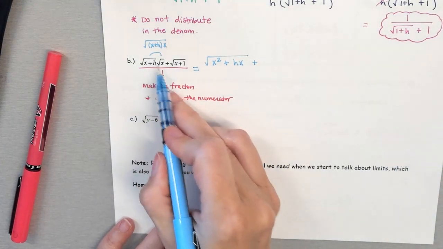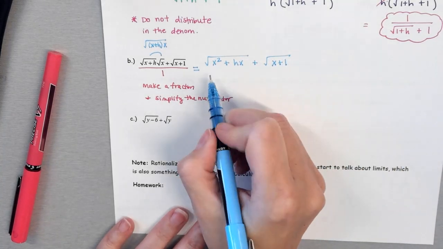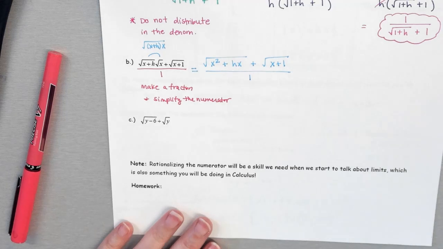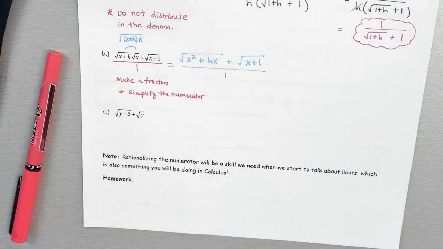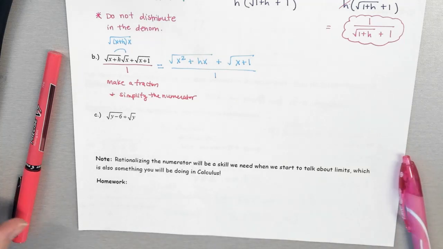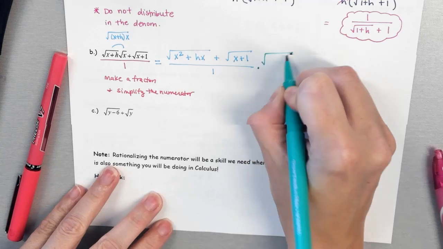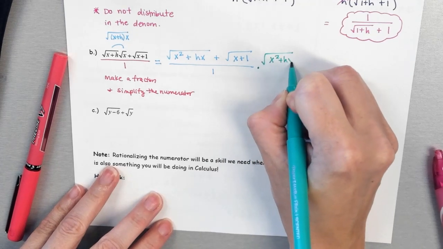And then you have one term added to one term here in the simplified form. Okay, so now we're going to multiply by the conjugate, which is going to be x squared plus hx